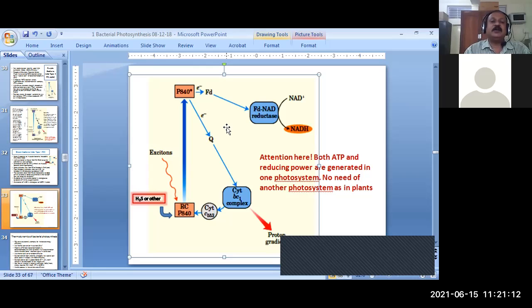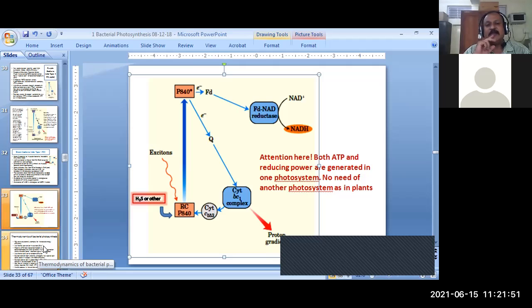So there are genetic controls as well as biochemical controls. I think you might have already been studying this. Maybe in your biochemistry, you might have studied it in the first semester. Have you studied regulatory controls, regulation in the metabolic pathways? Yes, sir. You have already studied it also. So similar kinds of controls are here. There are two levels of control: one is the genetic level and one is the biochemical level. We are not going into that detail right now. Of course, there will be some small topics there.